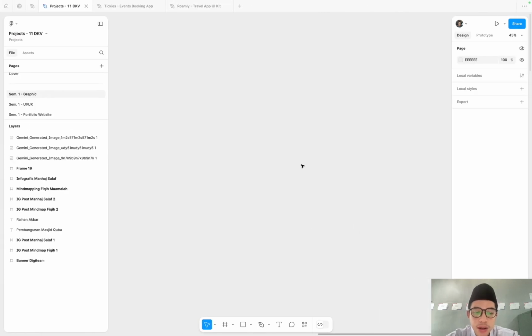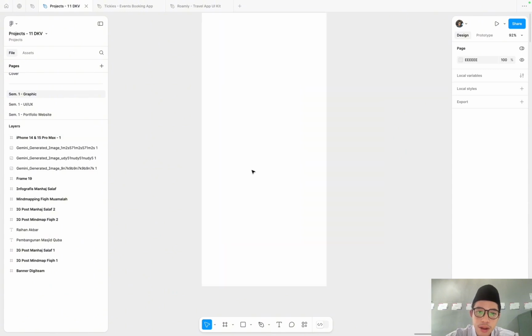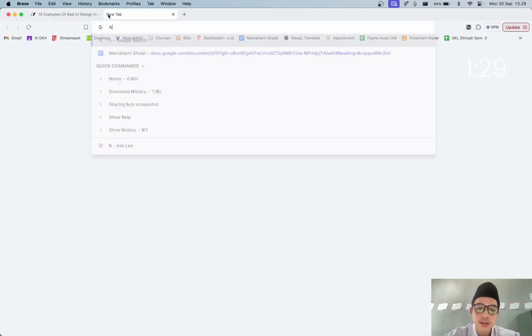Maybe we can make a phone screen, and then we can make a navigation bar. Down here we have icons. Let's go to icons.